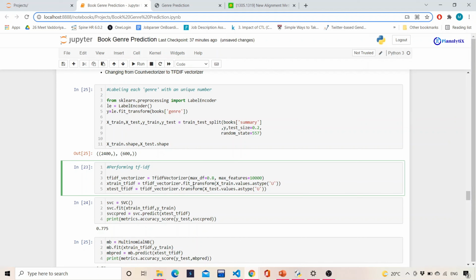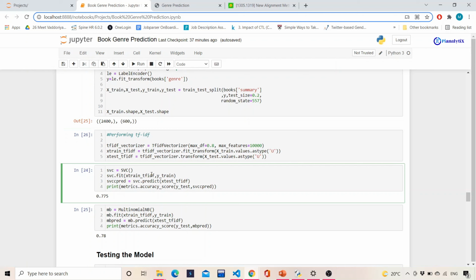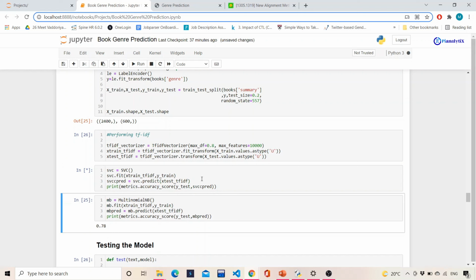If we execute this, it will take a little bit of time and it will return the xtrain TF-IDF and xtest TF-IDF. That will be a sparse matrix after all. This is the support vector classifier which we are defining, and we are passing in the training data, and predicting on the testing validation data. This will take a little bit of time, because support vector classifiers internally use a lot of computation.